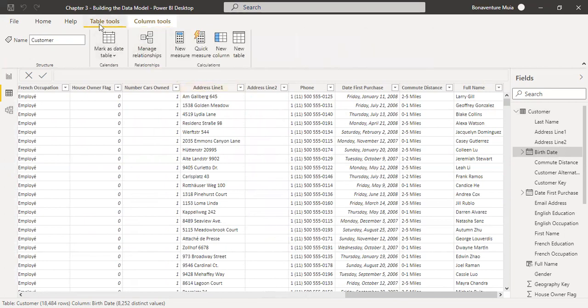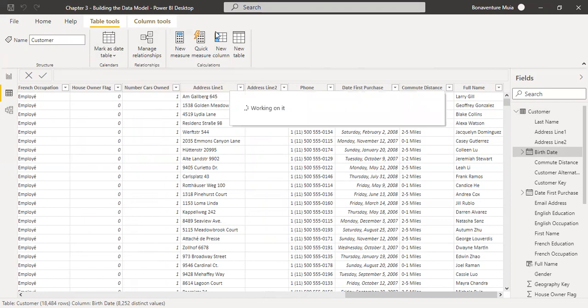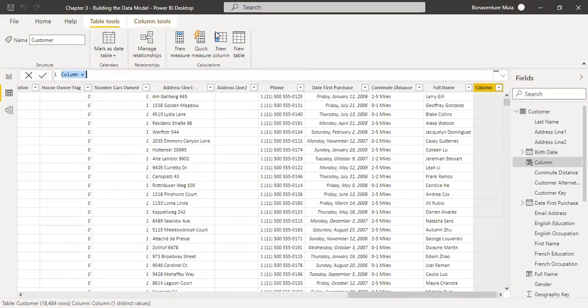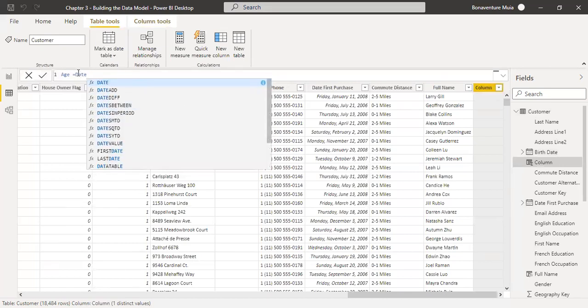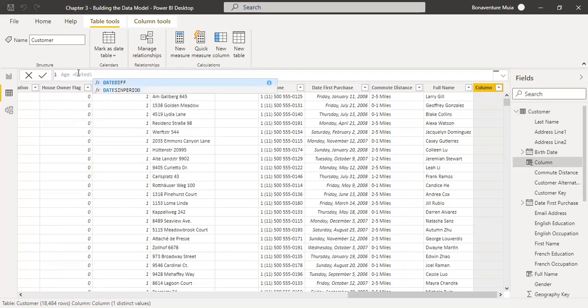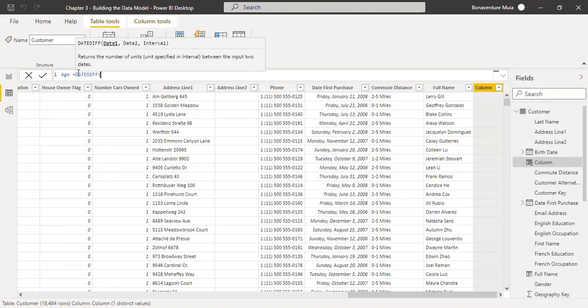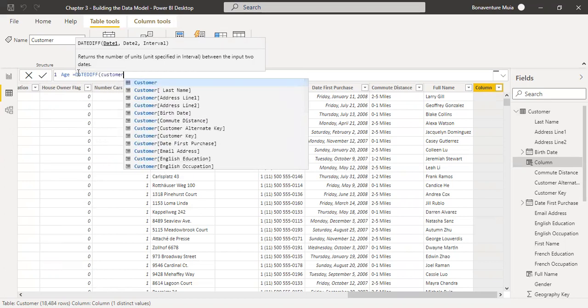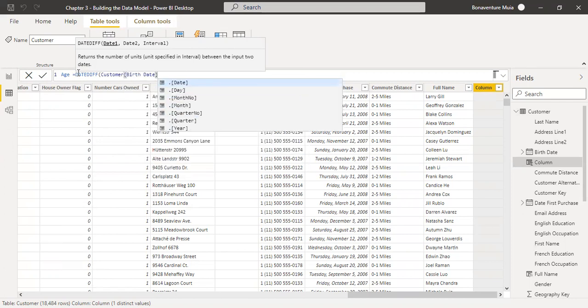So I'm going to go to table tools, then I click new column. And then I'm going to label this column age. We want to get the age of the customer using a function called DATEDIFF. For the DATEDIFF, we'll provide the customer birth date,